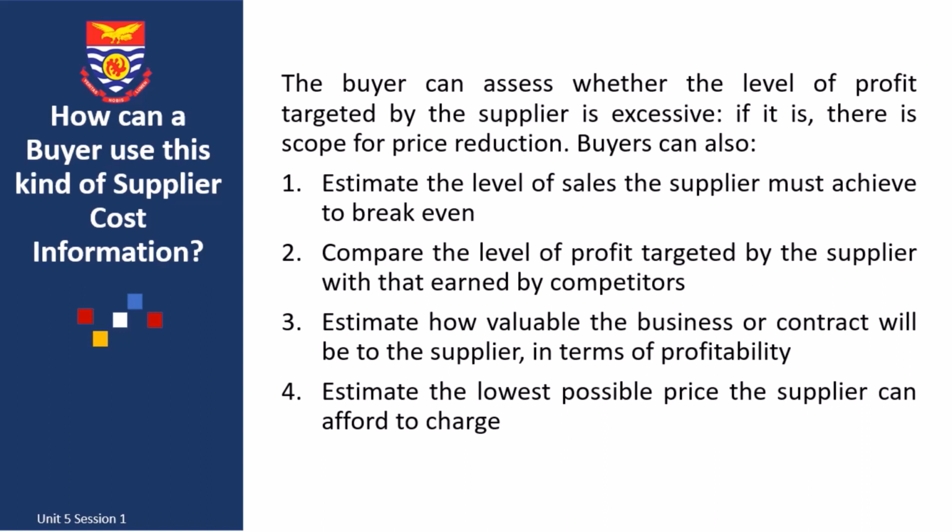The buyer can use this information to assess whether the level of profit targeted by the supplier is excessive. If it is, there is scope for price reduction. The buying organization can also use this information to estimate the level of sales the supplier must achieve in order to break even. At the end of the day, we don't want our suppliers to run losses or even go bankrupt, as this may even have an impact on our organization. So having this kind of information will help us know the level of sales the supplier must achieve in order to break even or make profit,